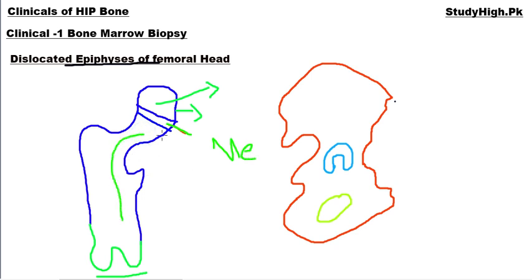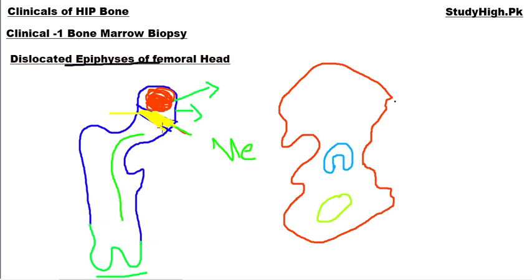So what is the dislocated epiphysis of the femoral head? I am going to inform you what the cause of dislocation of this epiphysis is. This is the epiphysis. In some conditions, a patient suffers from dislocated epiphysis. This epiphysis has been moved over the metaphyseal plate. And in what type of patient does it happen? It happens in those children who are in the growing phase, who are still under the ossification process, whose bones are not fully matured.